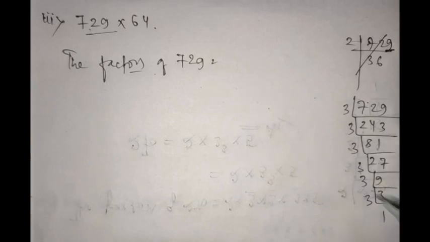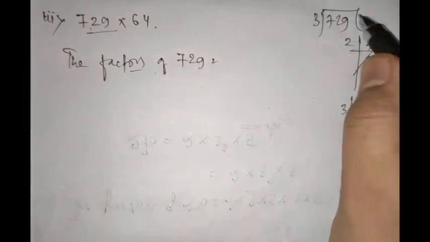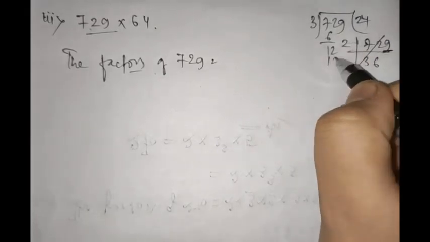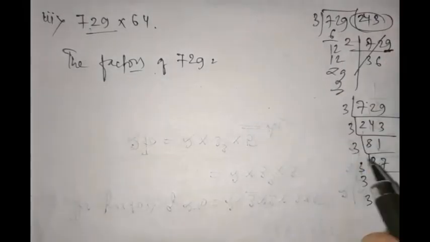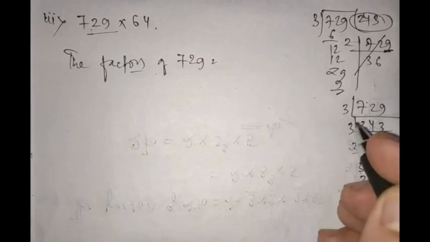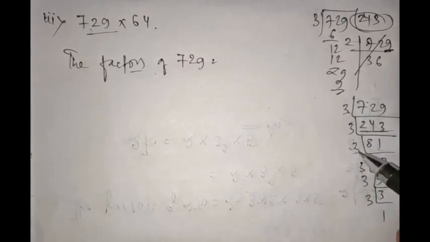So in this case you have to be very perfect doing the LCM. If you are uncomfortable with this, just use the division method, checking whether this can divide or not. 3 2s are 6, 3 4s are 12, then comes 9, then 3 3s are 9. So that's why I have used 243 here. Okay, so like this you will solve it and just write what are the numbers you got, what are the factors you got. This is actually called factors.